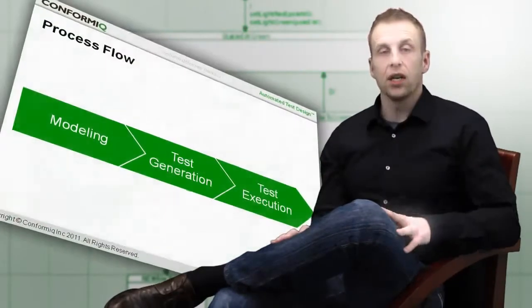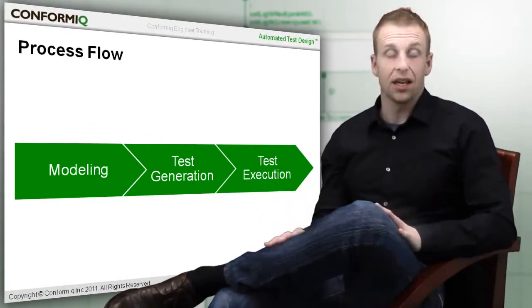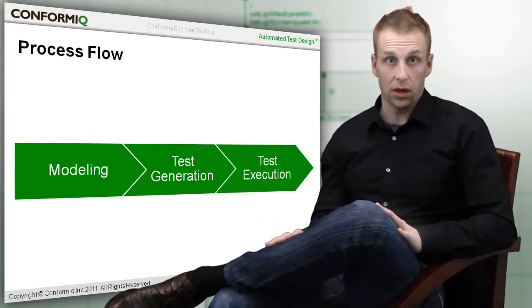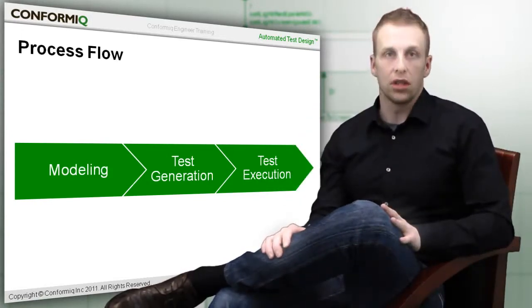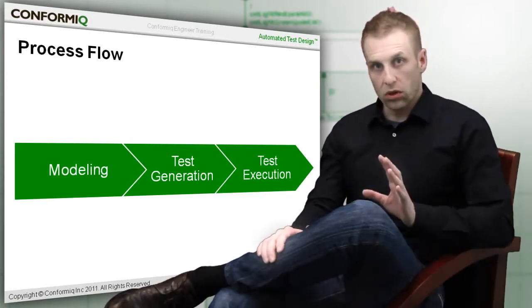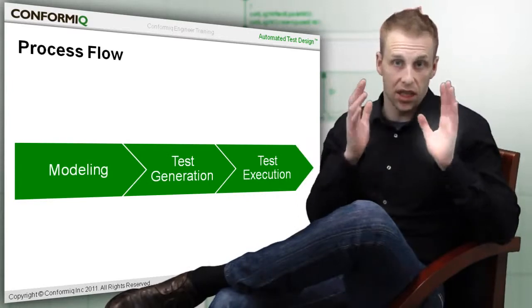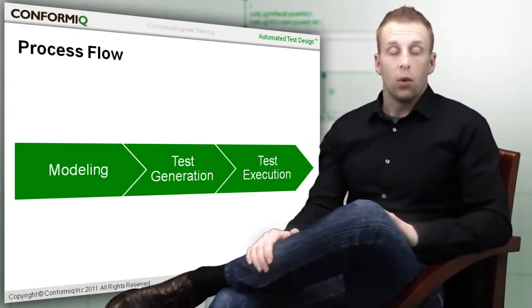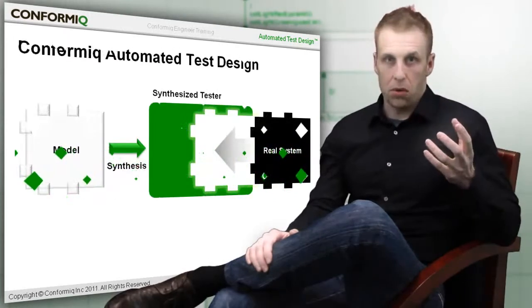The tests that you generate with automated test design are executed exactly the same way as they are executed when they are generated manually. So Conformiq Designer just feeds the test execution system with automatically generated test cases. So in the process flow you have a model, then you have the test generation, and then you have test execution. The way this works in practice is that you see the system under test as a black box,